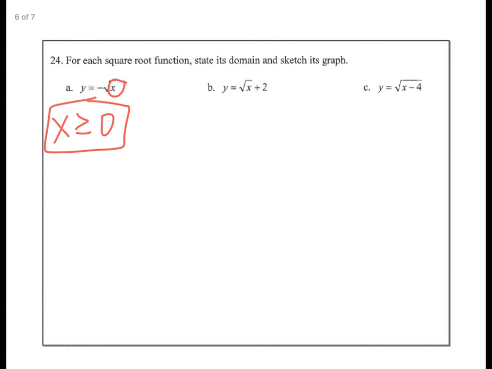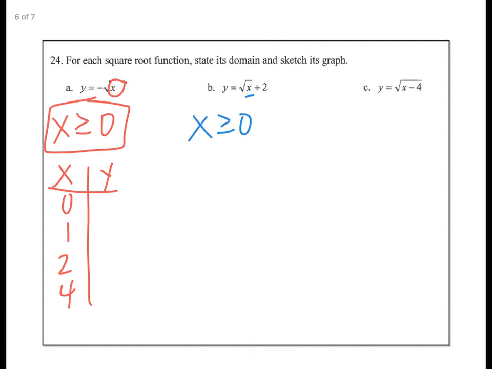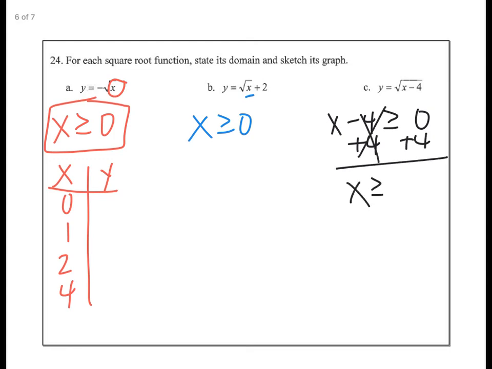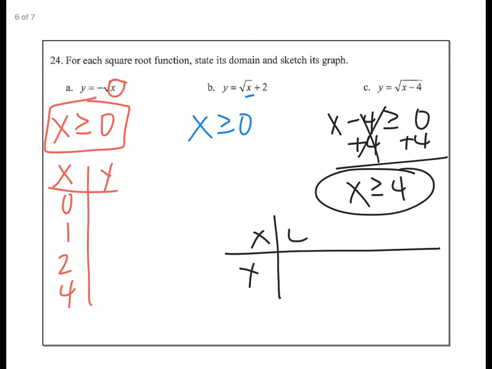So when I graph it and I make a table, for example, I'm only using values that are greater than 0. Same for this one. I'm only focused on what's under the square root. The only thing under my square root is that x, so again, x is greater than or equal to 0. For c, I have an x minus 4 under the square root, so I set that greater than or equal to 0. I do have to solve for x here, so I get x is greater than or equal to 4. So if I were to make a table to graph for that one, I'd only be using x values